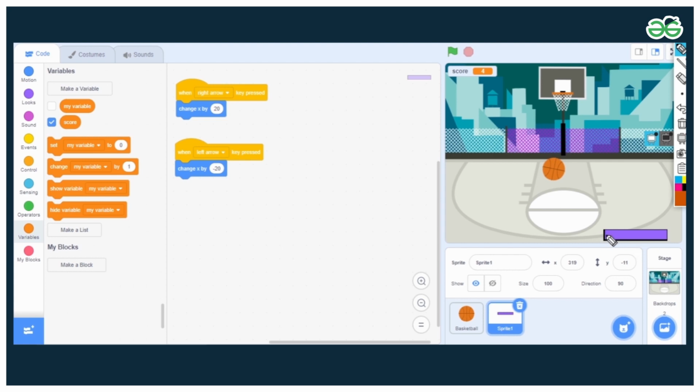What I want is that this paddle should move left and right, and if this ball touches the paddle, the score should increase by 1 and this ball should bounce off. For making the paddle move, I have done that if my right arrow key is pressed, I want to change x by 20. This is my coordinate geometry: this is the x direction, this is minus x direction, this is y, and this is minus y. So if you press the right arrow key, you change x by 20, meaning the value of x increases and you move in this direction. We don't need to move up and down, just right and left.